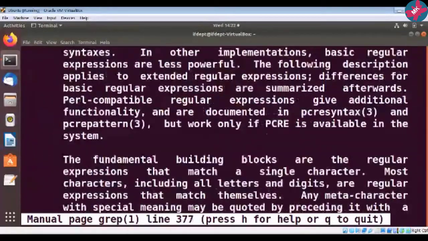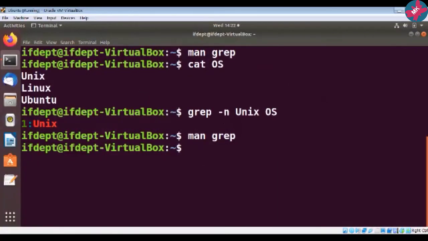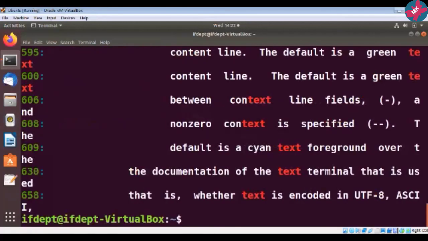So in this example, you can use the grep command. We have already seen the man command, so what I will do is take man grep and then use the pipe symbol, and suppose I am going to search some text. Let us see whether it finds it or not.